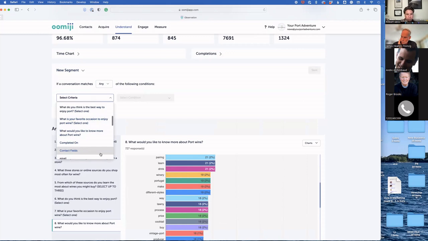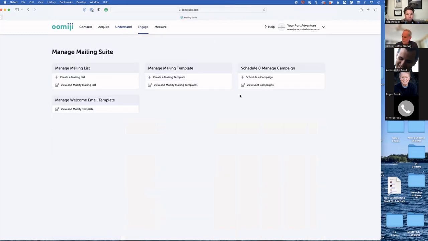And then when I cross this gray bar, and I've never seen another platform do this, I'm in the database. So I don't have to ask people their name, their email, where they live, what they're interested in, because I already have all of that information. Engage, I'm not going to spend time here, but it's a full email marketing platform. If you've used MailChimp or any of the others, Constant Contact, it's got everything that all of those have here. And you can pick up a segment that you created elsewhere over in this section here where it says create a mailing list.